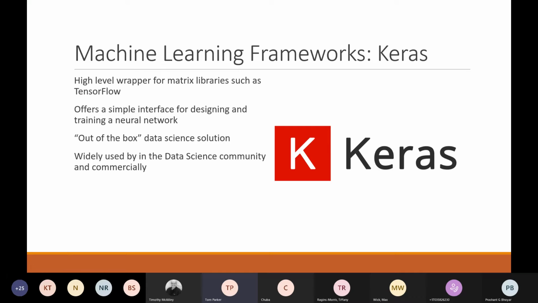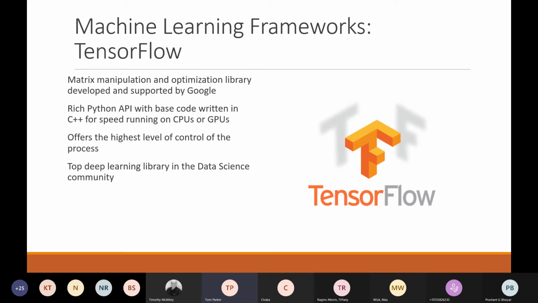So the next best option, which most people would use to approach this type of task, would be to use a model out of the box, as it were. A library like Keras or scikit-learn has a lot of models which can do this type of thing in terms of building out these neural nets in a very simplistic fashion, where you simply need to tell it the architecture which you would like it to build for you, and give it some data, and it'll run with it and build a model for you and give you some fantastic results. The third option is to go with a lower level API, such as